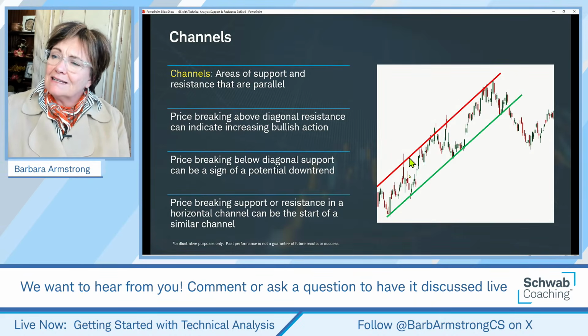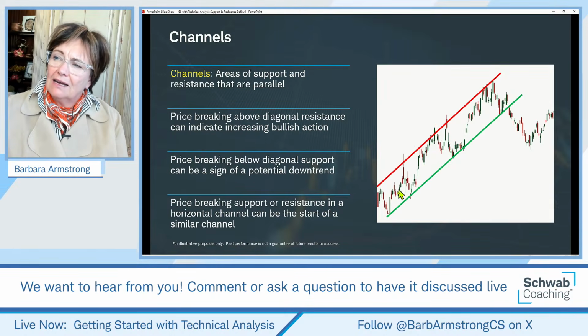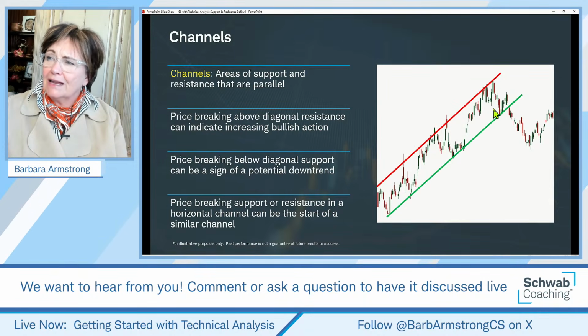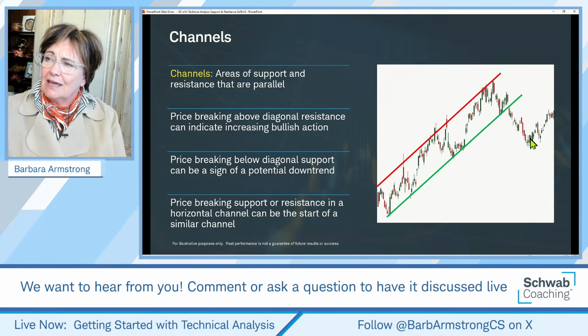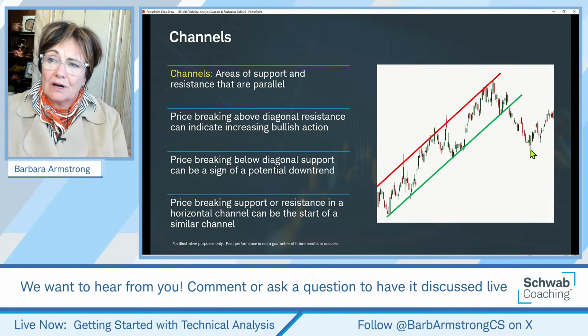Now, what we see sometimes is a channel, and we're going to look at a few of those on the charts today, where we have a support level here, a resistance level here, and they're kind of running parallel to one another. And what some traders might do is look for a breakout. And in this case, this one broke to the downside. We had a really nice uptrend going here, and then it fell out of bed. This would be considered a break of support.